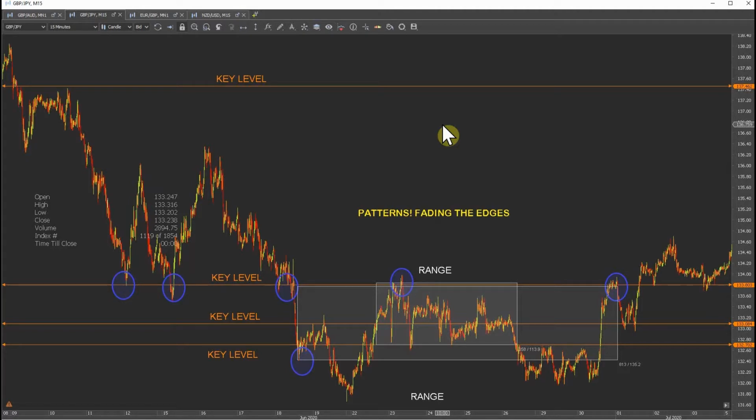So for instance, if I was bearish on this pair, I would look to fade the edge of this range. What that means is when price comes up to this area, I will sell it. So for instance, price comes up to this area, I sell. Price comes up to this area, I sell. So that's the move down, and that's the fade back to the edge. So we're fading the edge, which means that I sell here, okay? But if my bias is bullish on this pair, then I'm going to fade the edge from the lower edge of the range, which means